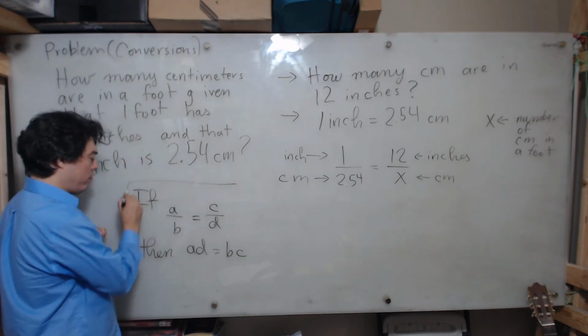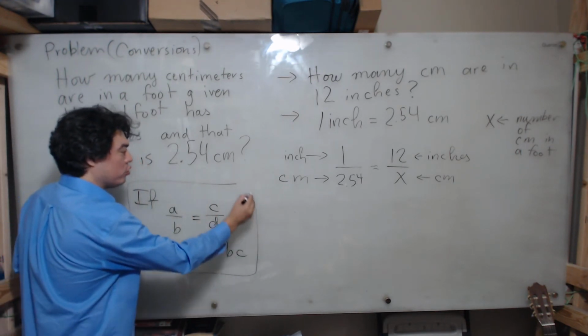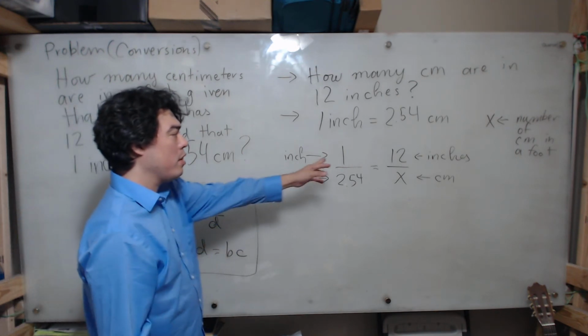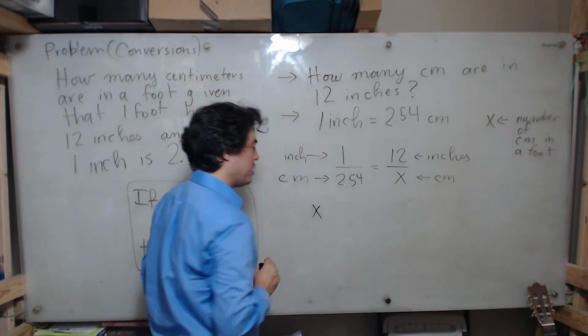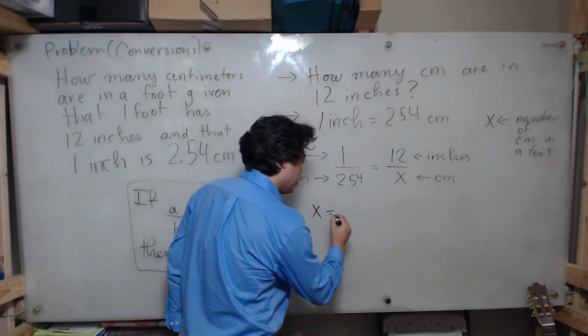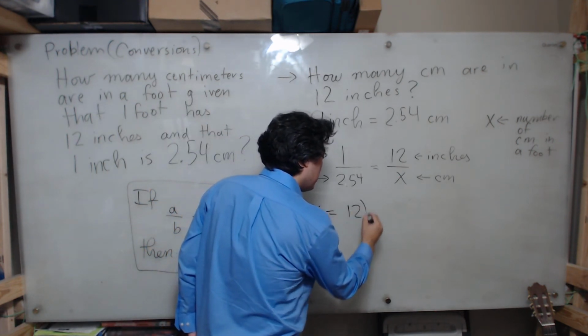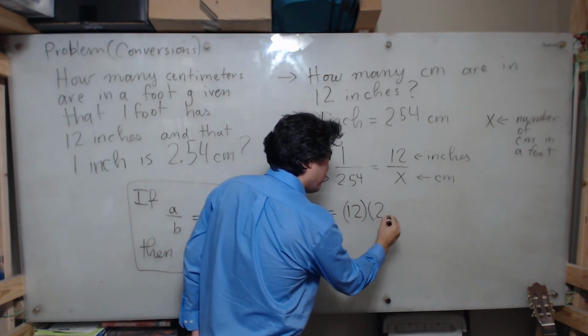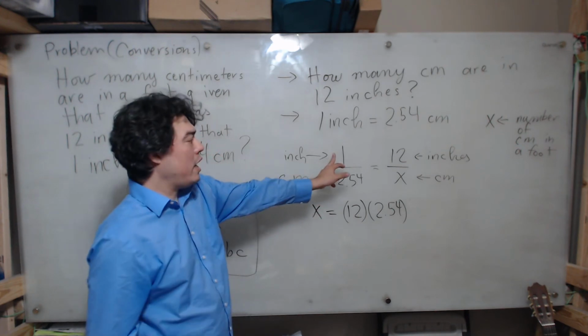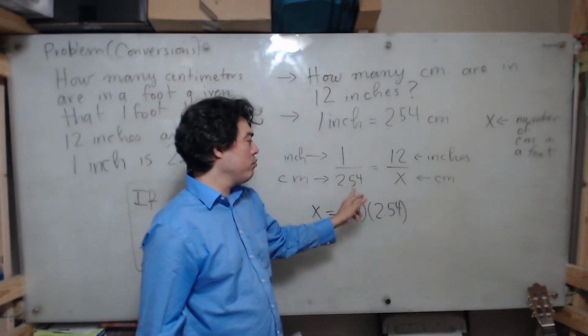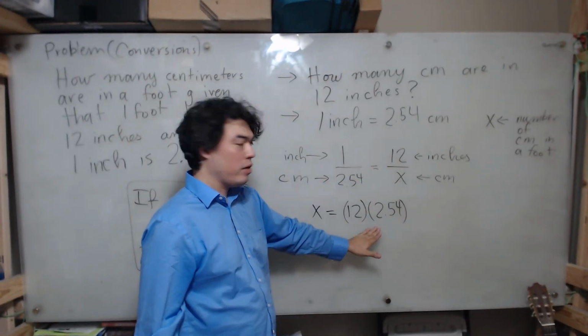I want to remind you of this fact because we're about to put this to use, right? 1 times x is just x, because 1 times anything is just itself, equals 12 times 2.54, right? Because A times D equals B times C, right? Now